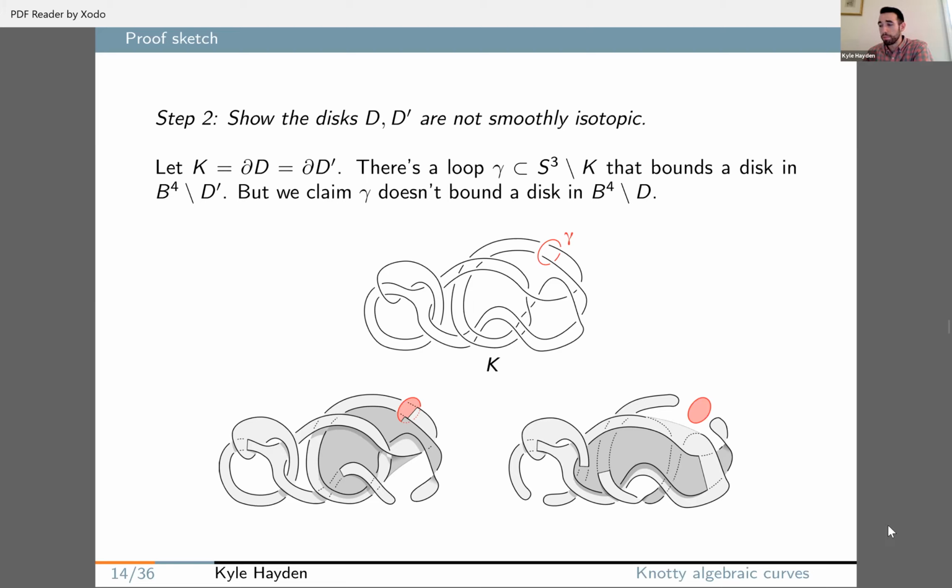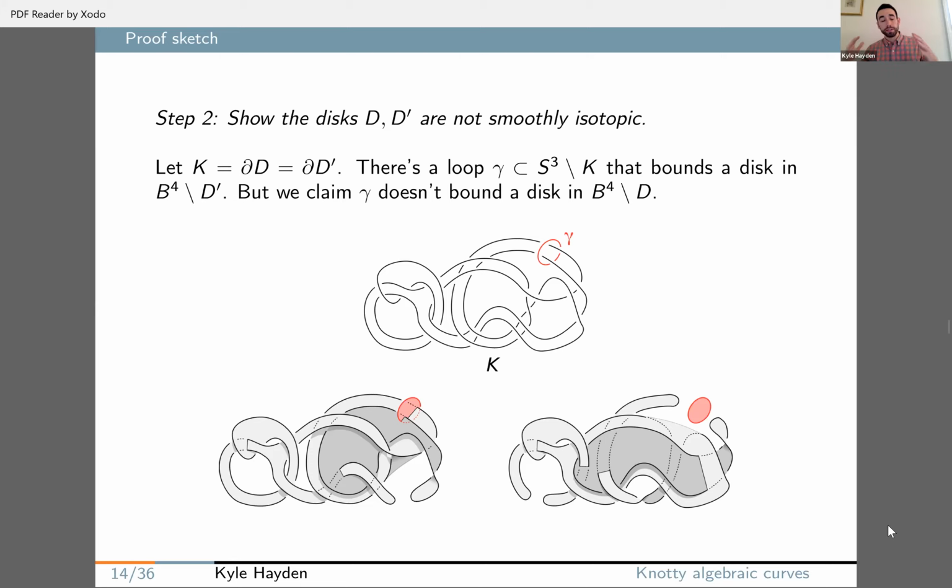Okay. That's not a rigorous proof of why there's no disk. We'll get to that in a second. But any questions about the strategy? Okay. So how do you actually show that there's no disk? There's a couple ways to think about it, but basically, the approach that I'm going to outline here is